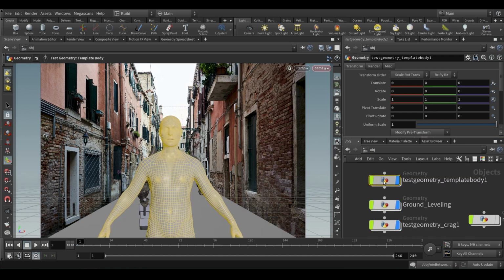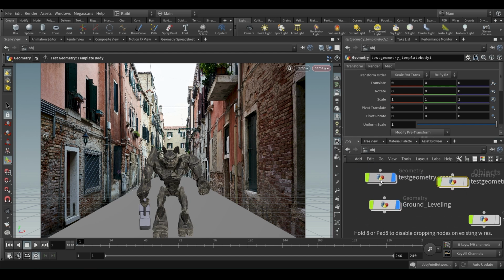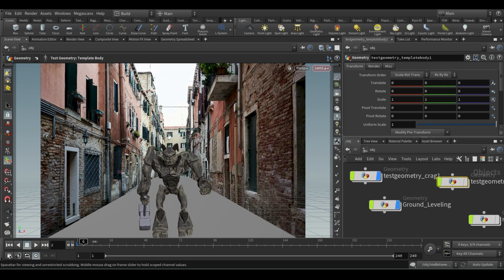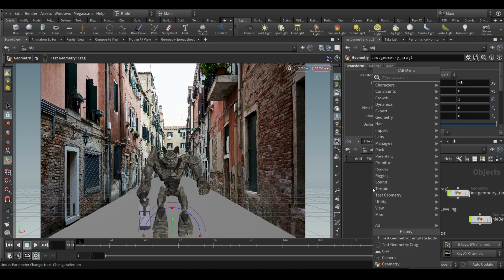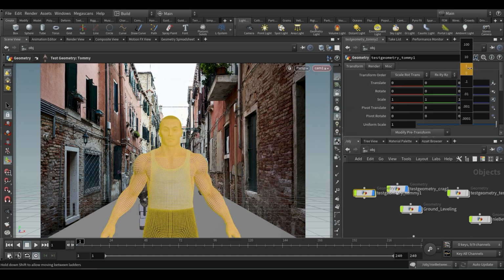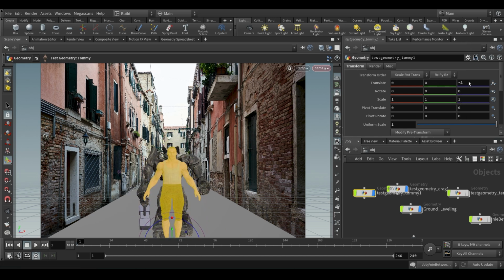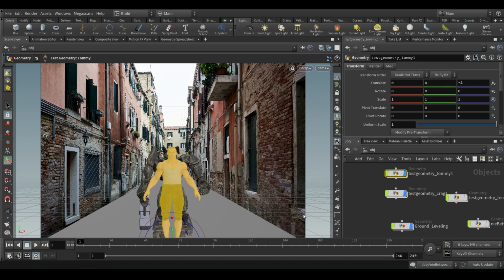I'm back. I got my test geometry all set up. I have another test geometry just to see if it's working, so I brought this crack guy. Now you can see it is looking just perfect, the height that I'm looking for. And if you move this guy back, I think it's perfect. The far distance is correct, I believe. Give a test geometry like Tommy, then you can play around to see if this guy fits correctly. So basically that's how you can see if your camera setting is matched with your ground level or the grid line.